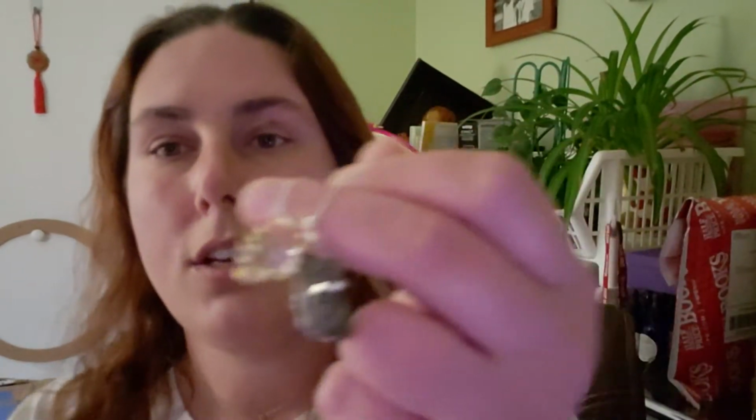But I wanted to make a video to show you my new pendant from Vision Crystals. I've had this now for about a week and a half, and I've been wearing it on and off because I've got this one I'm still wearing, which I absolutely just love, and I love this one too. So let me go ahead and show you. I'll tell you about the other one in a second, but